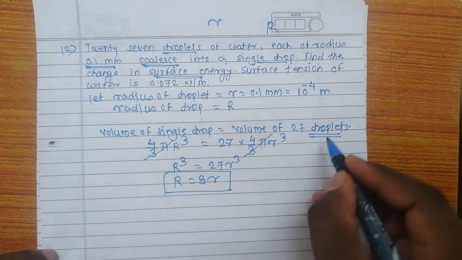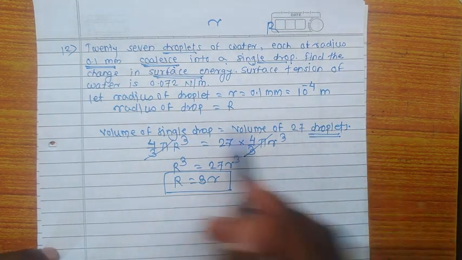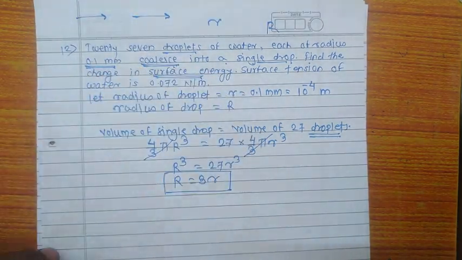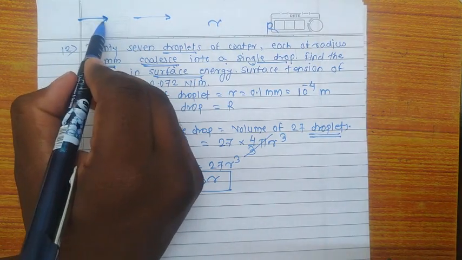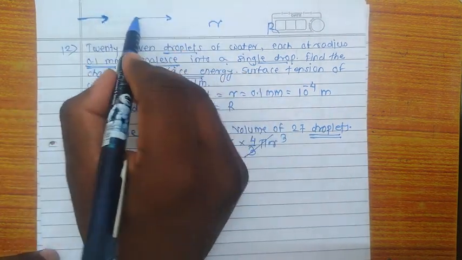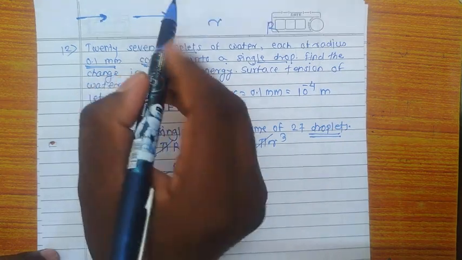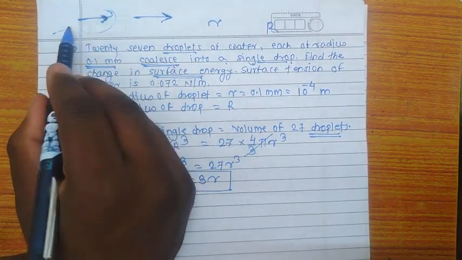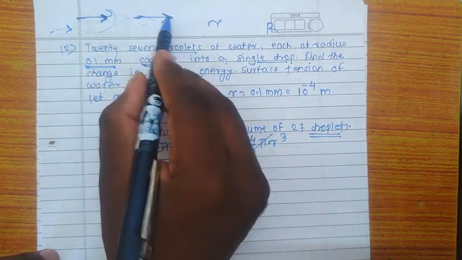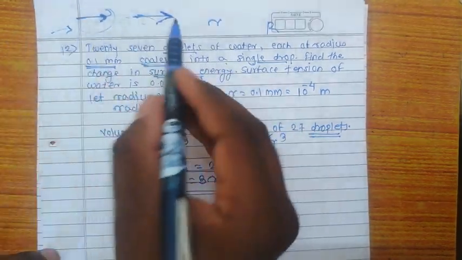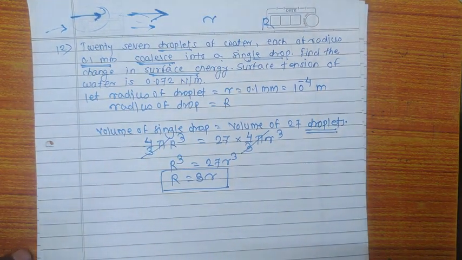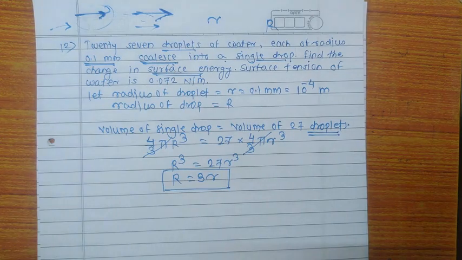Okay, so एक चीज़ ध्यान में रखो, जब 27 ड्रॉपलेट्स का एक सिंगल ड्रॉप बन रहा है तो 27 ड्रॉपलेट्स का जो कुछ भी सरफेस एरिया है वो एक सिंगल ड्रॉप में कन्वर्ट हो रहा है. तो ऐसे केस में 27 ड्रॉपलेट्स का सरफेस एरिया ज़्यादा है, लेकिन जब वो कोएलेस हो जाएंगे, एक सिंगल ड्रॉप फॉर्म करेगा, तब सरफेस एरिया डिक्रीज होगा. So first of all we will find the initial and final surface area.